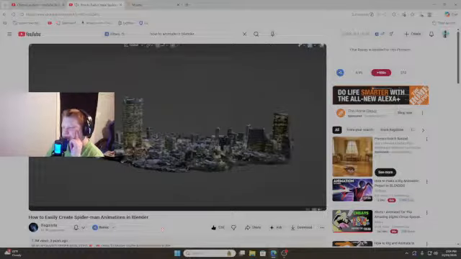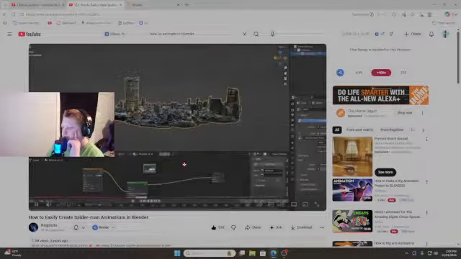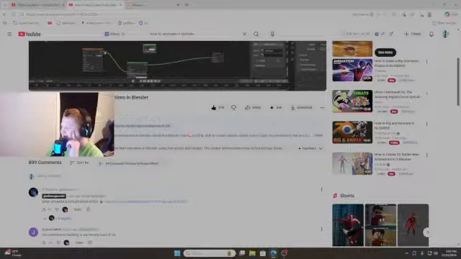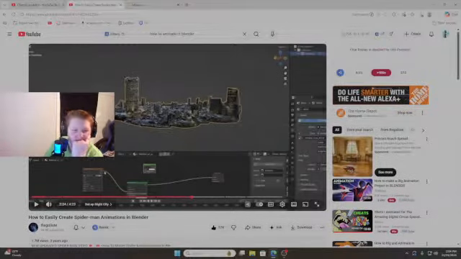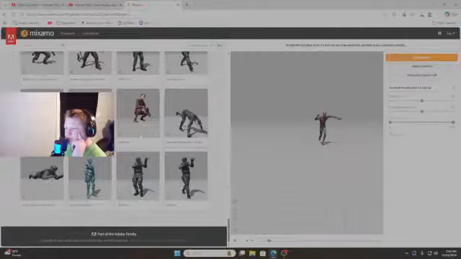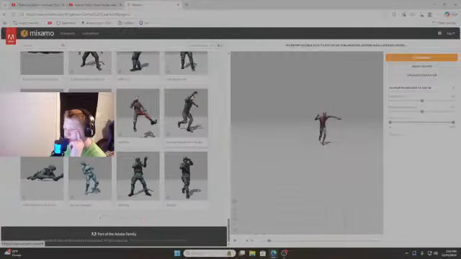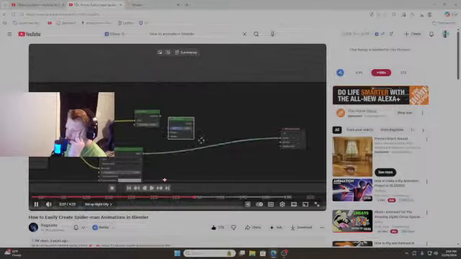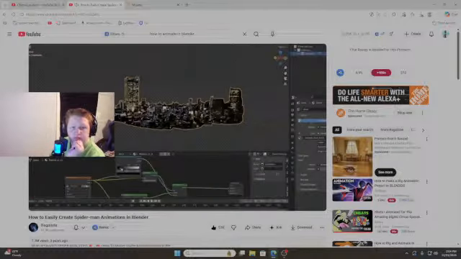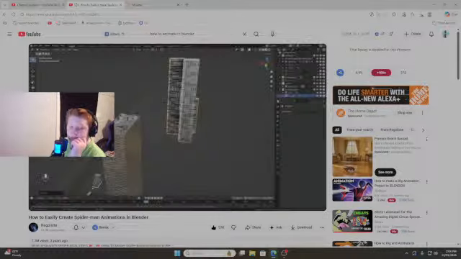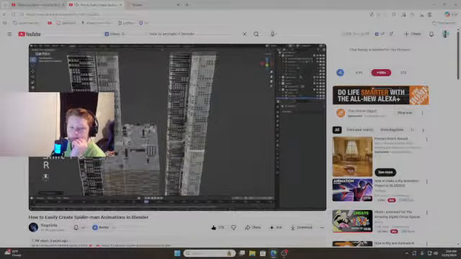Okay, now we want to turn every city scan really dark so only the lights stand out. We'll create an emission shader. Now we'll mix this with the diffuse BSDF using a mix shader. Now here's the trick. Just use the original image colors through a color ramp to drive the mix factor. Now you can ramp up the contrast until only the building highlights are driving the emission, and there you go, night city. To make things look better, we can find some individual skyscraper models for the ones near Spidey. You can also just connect a